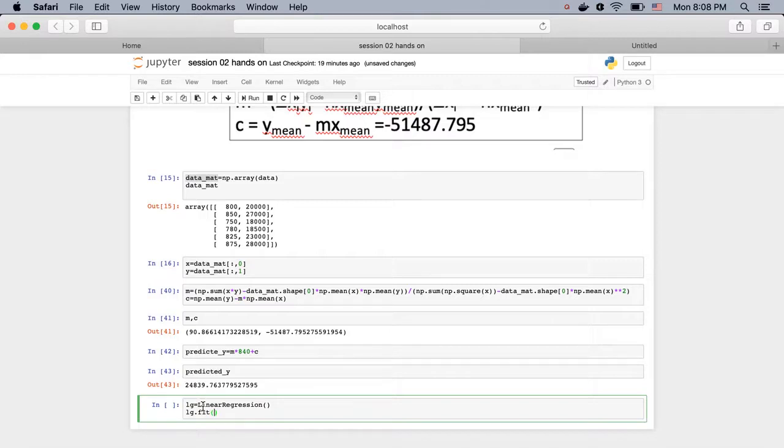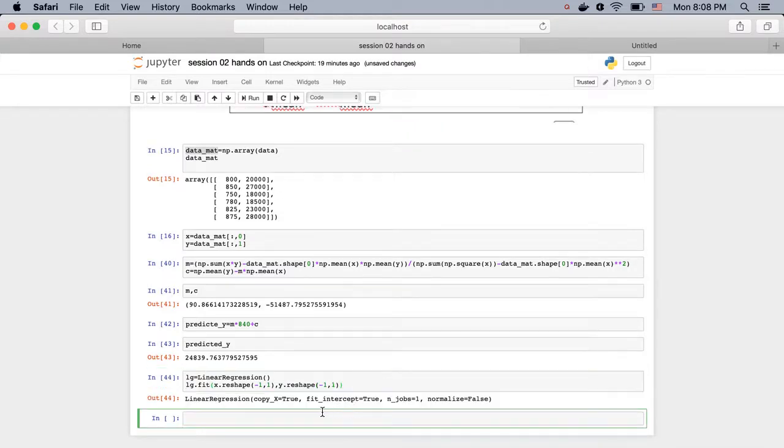We have to just reshape it a bit based on the shape it expects. Both have to be two-dimensional arrays. Y was one-dimensional, we are adding an extra dimension to it, so it will have a shape like 6 cross 1,